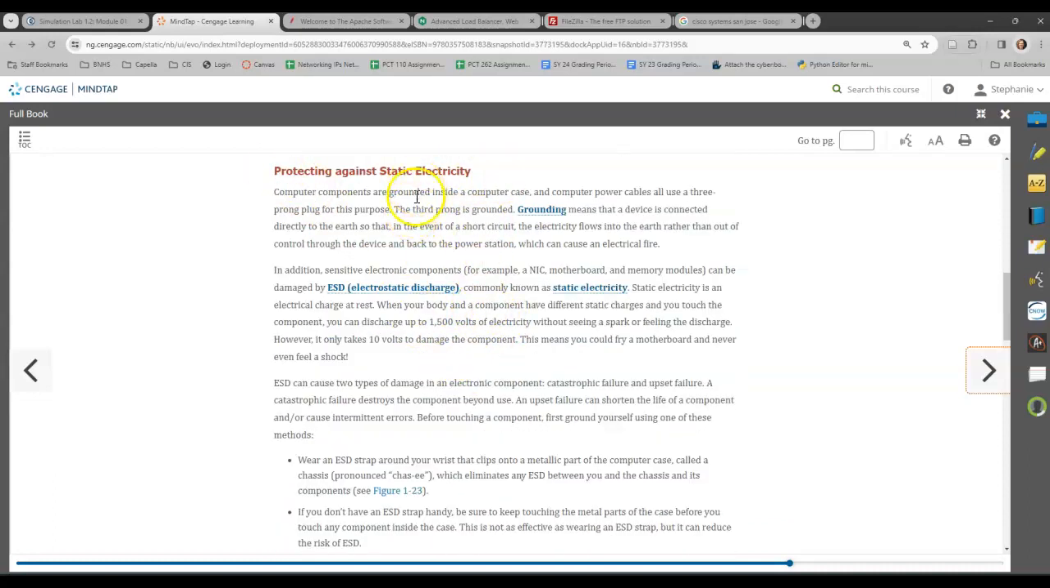Protecting against static electricity. So here's the thing about this. You can wear a static bracelet, and that will discharge all of that. You can ground yourself. What I do most of the time is I just make sure that I touch the case of the item I'm working on, and that will discharge the electricity. So you want to make sure you don't damage